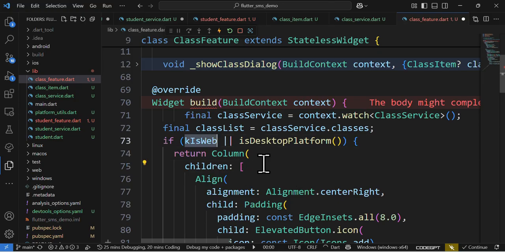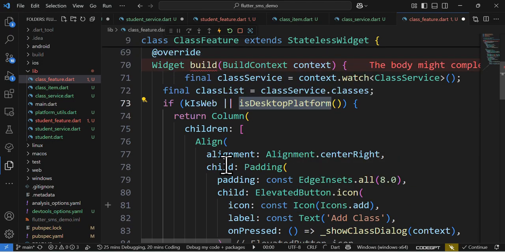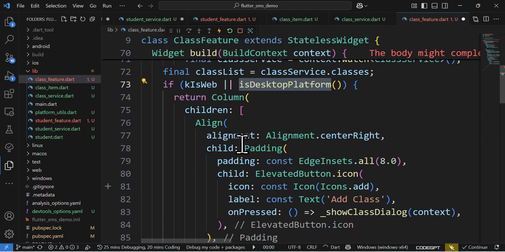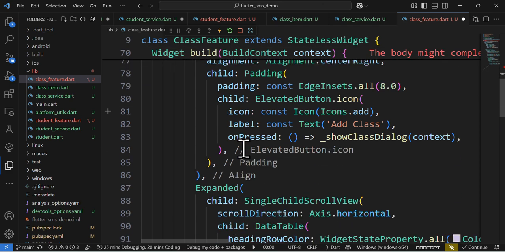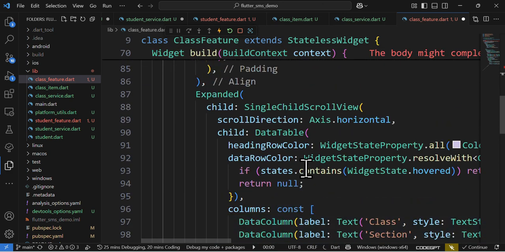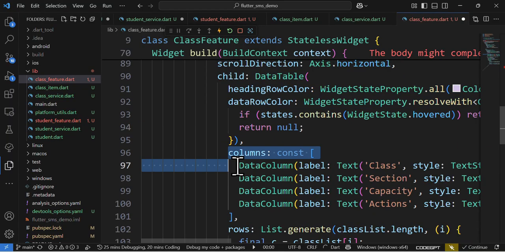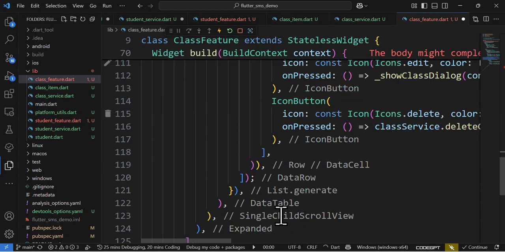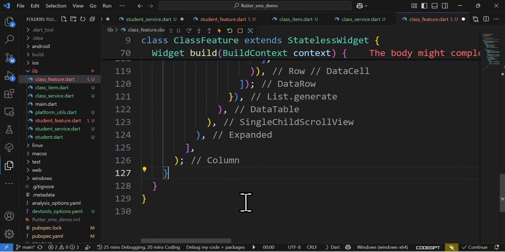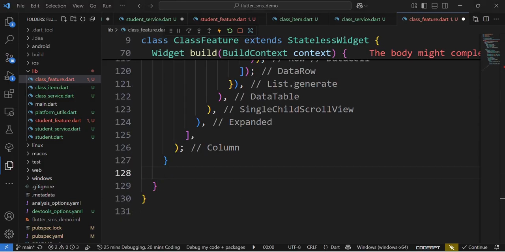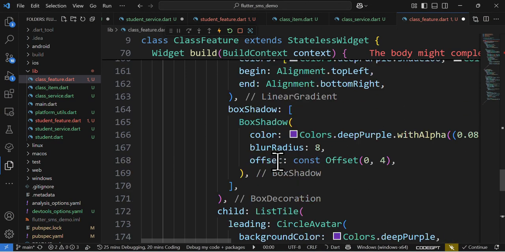Okay, now see, I'm just checking if it is web or desktop, right? Because both are the same, that's why we have to keep it common. So if it is web or desktop, I'll use a similar design for both, because it's just simple columns, that's row binding, and that's it. And if it is not, then what I can do is just create for